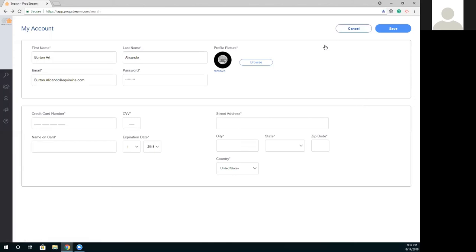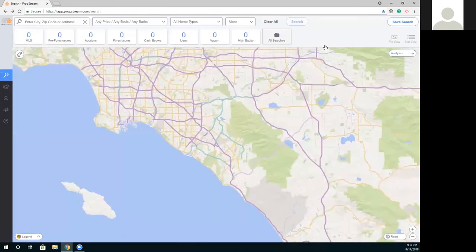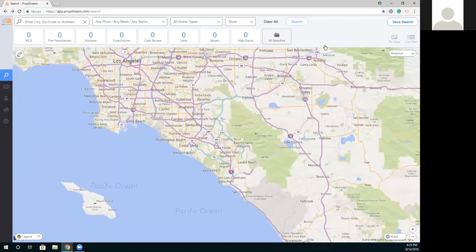You can update your profile information, change your username, apply your credit card, your street address. Now, the credit card information is so that when you're purchasing our third-party services like skip tracing or sending out postcards, it's just going to expedite the payment process. That way, you're not having to re-input your payment method over and over.